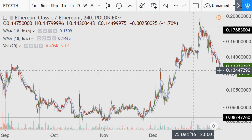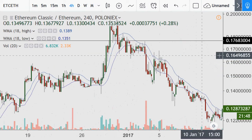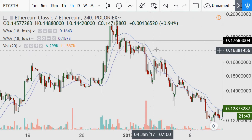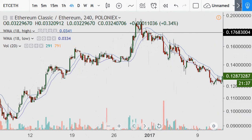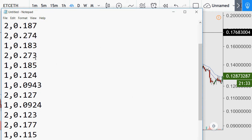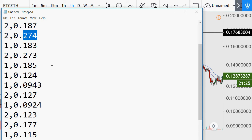The lines would represent the buy orders and sell orders that I'd be placing at this point. I've already done a bunch of trades just playing around already, and I'm going to do some more. As far as its results are concerned, it started off with a price at 13, it rallied up, so I sold at 18.7, and this is just the game to see how it works as reference